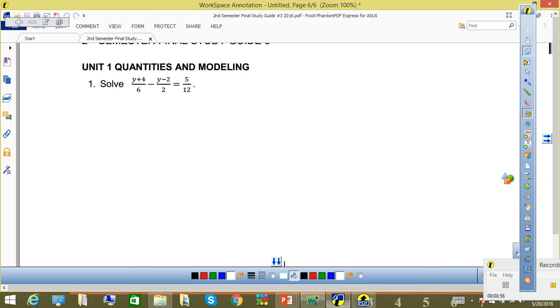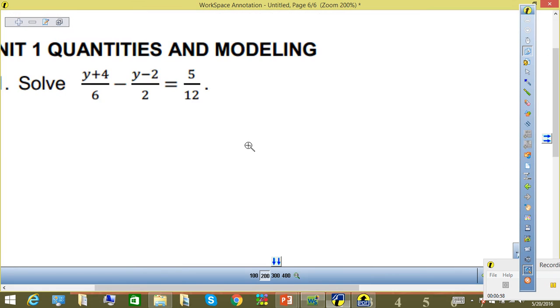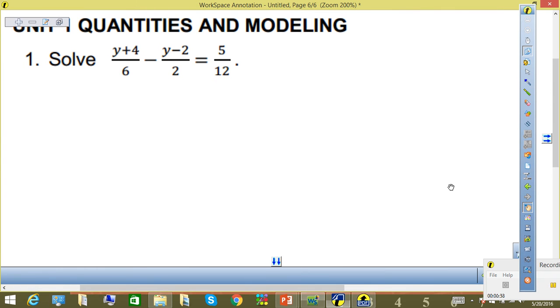All right, here we go. Number 3, study guide number 3. The first problem should read solve, and then it's y plus 4 over 6 minus y minus 2 over 2 equals 5 over 12. Okay, so let's do this one together. Line down the equal sign,